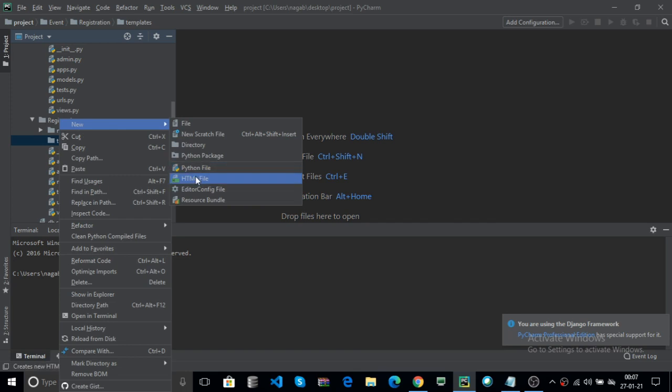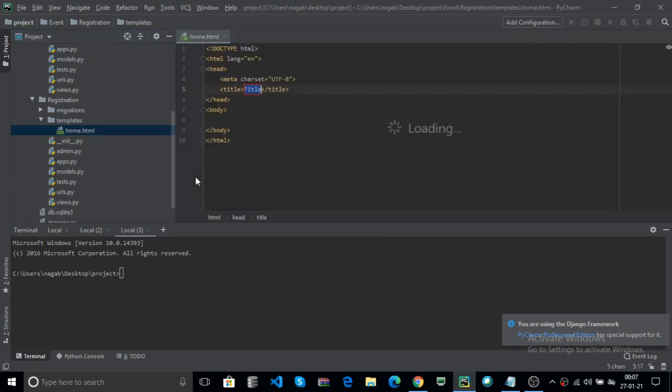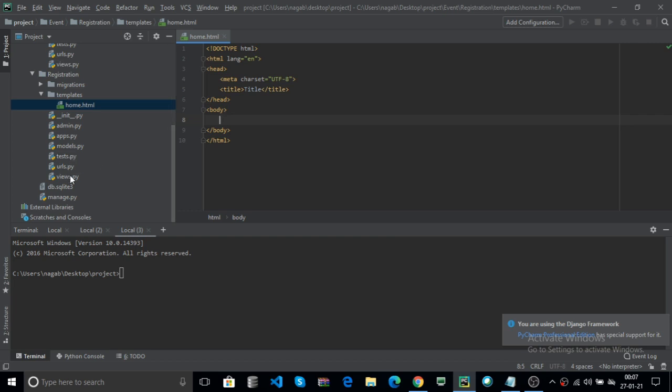For example, home.html. Now go to your views.py.